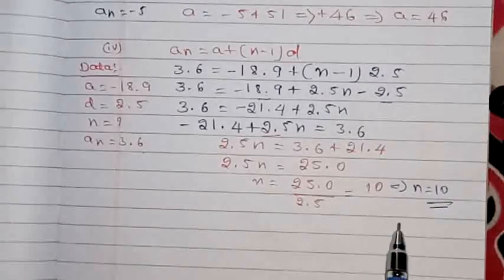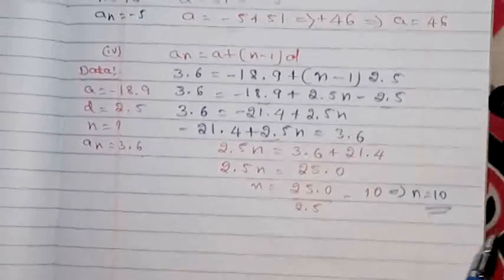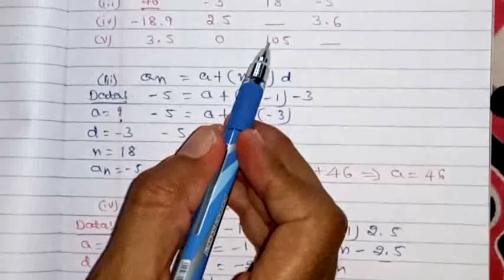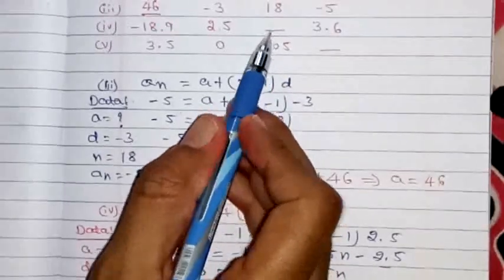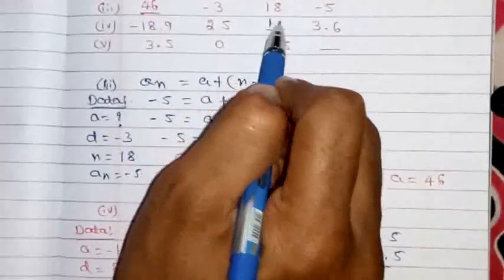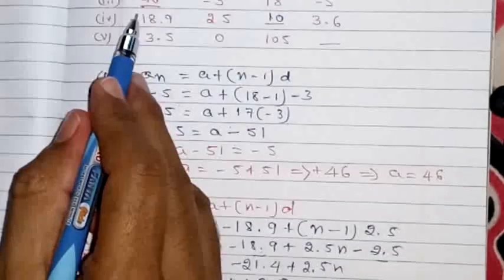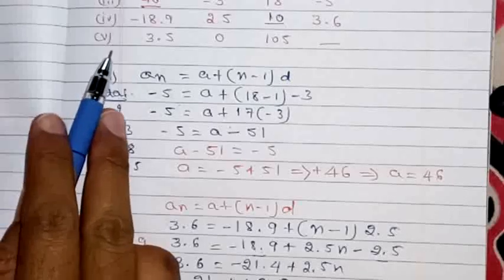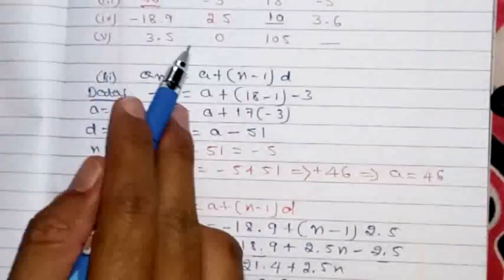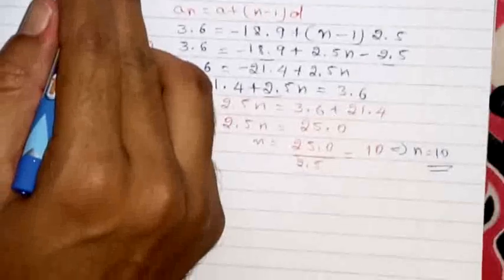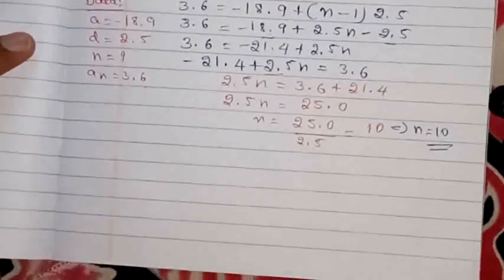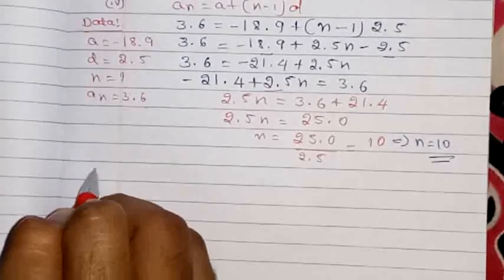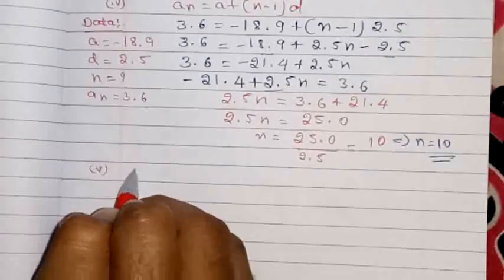So that you need to write down in the box, right? So here, okay, what is the answer of n? N is nothing but 10, right? Now you have solved the third one also, the fourth one also. Now you need to find the value of the fifth problem, right? Now the fifth problem, whatever data they have given, just write down the data, right? The fifth one, here I'll write the data.